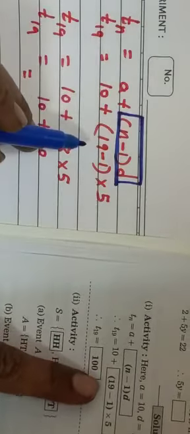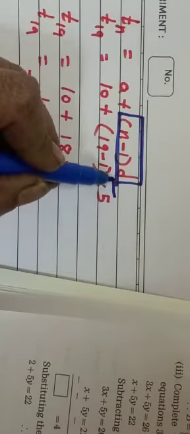Now where we have to show the boxes, that you see here. See, D is equal to 5 will give you half mark. Then writing the formula n minus 1 into D, I have to put the box like this. Then here 19 minus 1 into 5. And 10 plus this full thing will be a big box like this. First you solve, and then where it is needed, there you have to put the box.